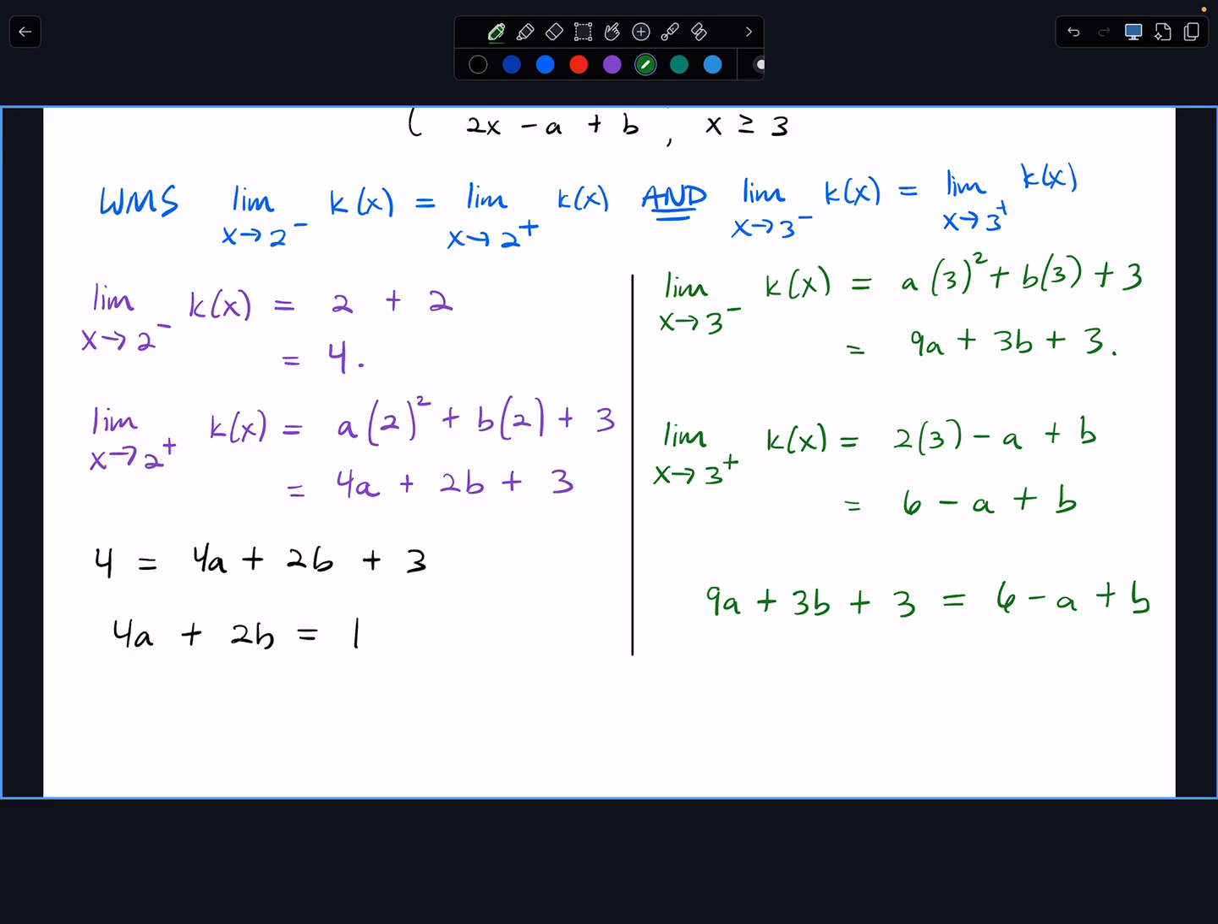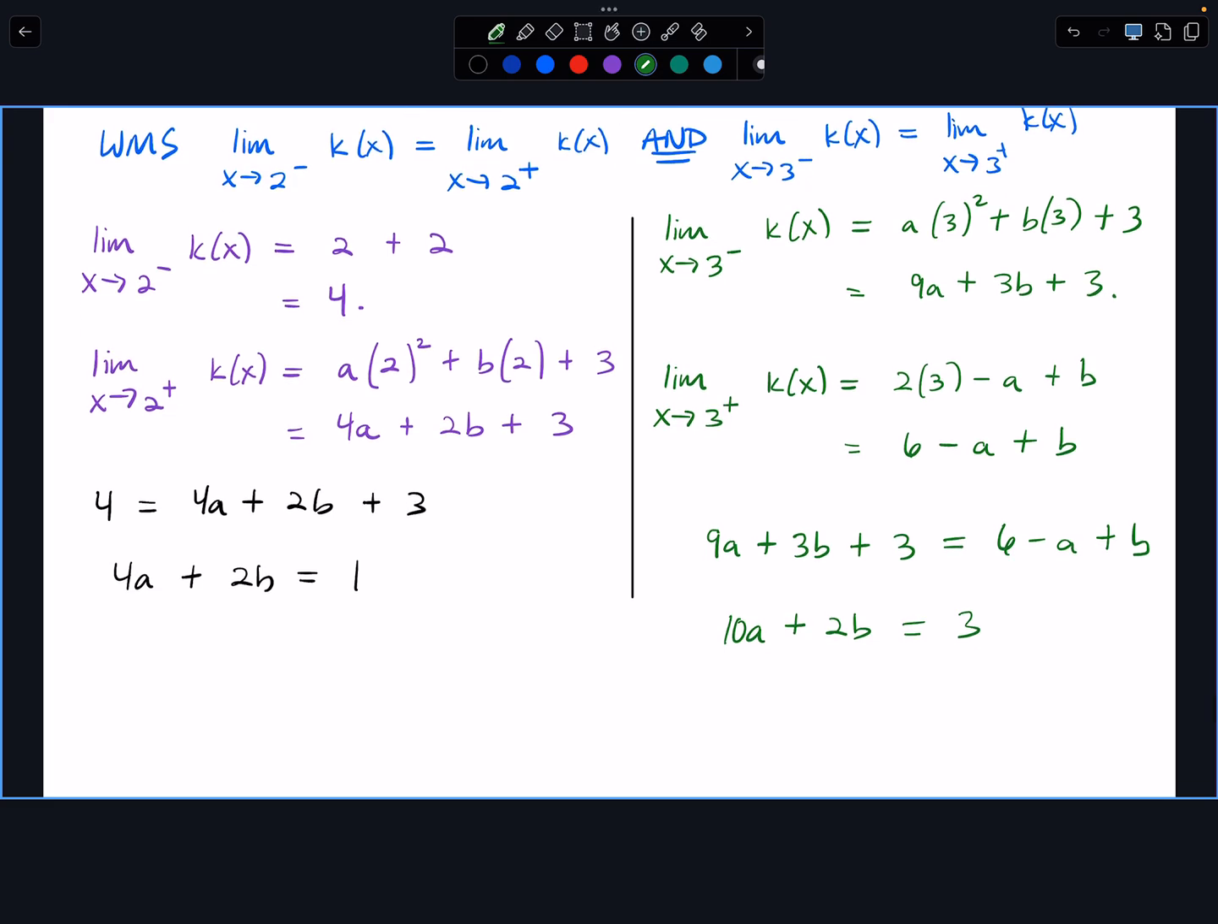Okay, so now, and you guys will see why here in a second, just like I did over here, I want to move all the a's and b's on one side and move the constants to the other side. So do you guys agree I could add a to both sides and subtract b from both sides? And then I'm going to move this 3 over there. So if I do that, I'm going to get 10a plus 2b is equal to 3. Okay, so we've actually done the limit part already. The last step is to find